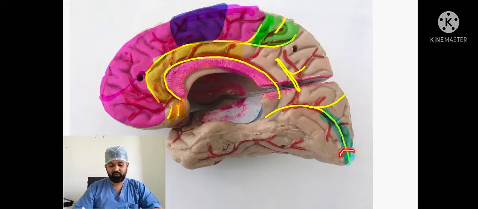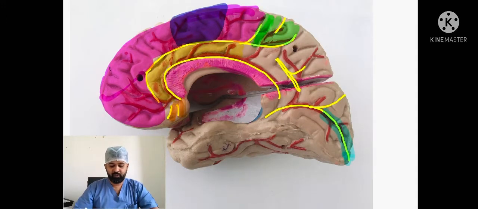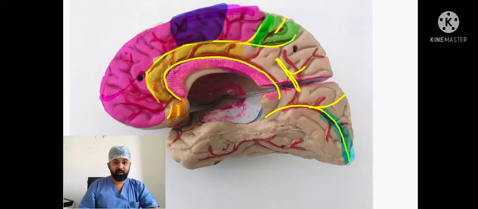Why is it important? Because this macular part, the most posterior part, is also supplied by branches from the middle cerebral artery. So whenever you have a stroke involving the posterior cerebral artery, this part will be spared, hence your macular vision will be spared. So you'll have tubular vision, the finest vision, but the person will not be able to see the periphery. This is known as macular sparing. Okay, so that is the medial surface.